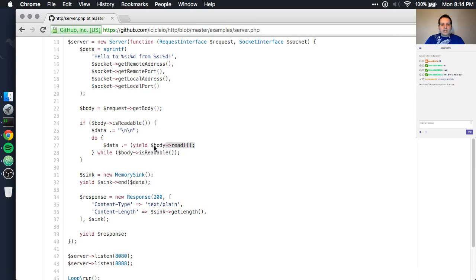Now, we can assign this thing to a variable, and generators don't work exactly like that. They work slightly differently, but the code in Icicle is set up to allow you to be able to get this value